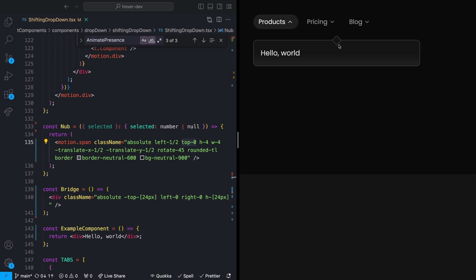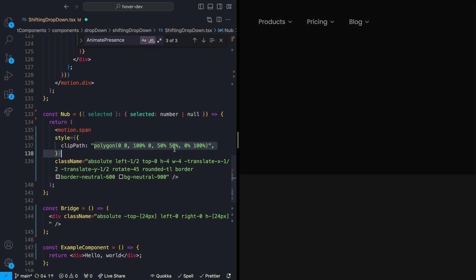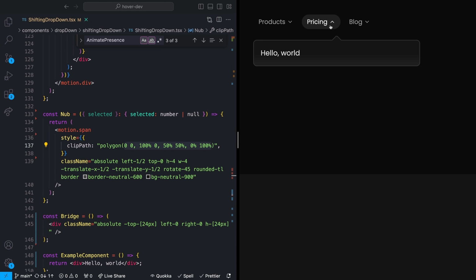I don't want this leaking down like this. So we can use a clip path to get rid of this little bottom piece. And that clip path is going to look something like this. So clip path, we want to clip a polygon. And I'm not going to pretend like I ever do my clip paths automatically. I normally use a tool called Clippy, which I will drop a link to in the description if you want to play around with clip paths. It's kind of annoying to try and do in your head. A lot easier to just use a tool to figure out how you need to slice something. So in this case, I just needed to slice the bottom right corner off, and that should look something like that. So now we have our little nub. It's just a nub. It's not leaking down into the bottom of the content, and it has a little bump up there at the top.